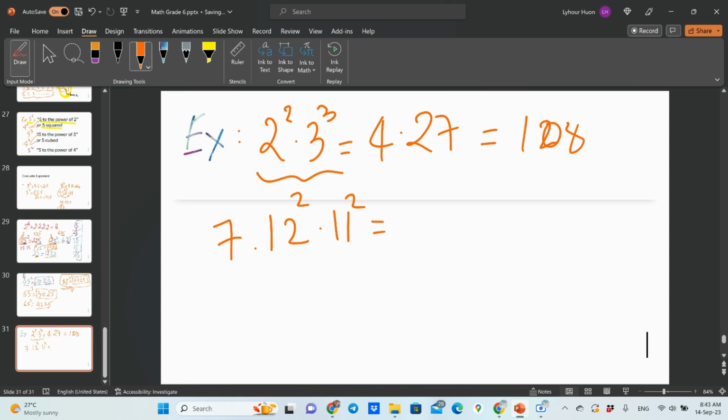So in the expanding case, 12 squared, 7, 11 squared, times 11 times 11. 12 times 2 is 24, multiplied by 22 equals to